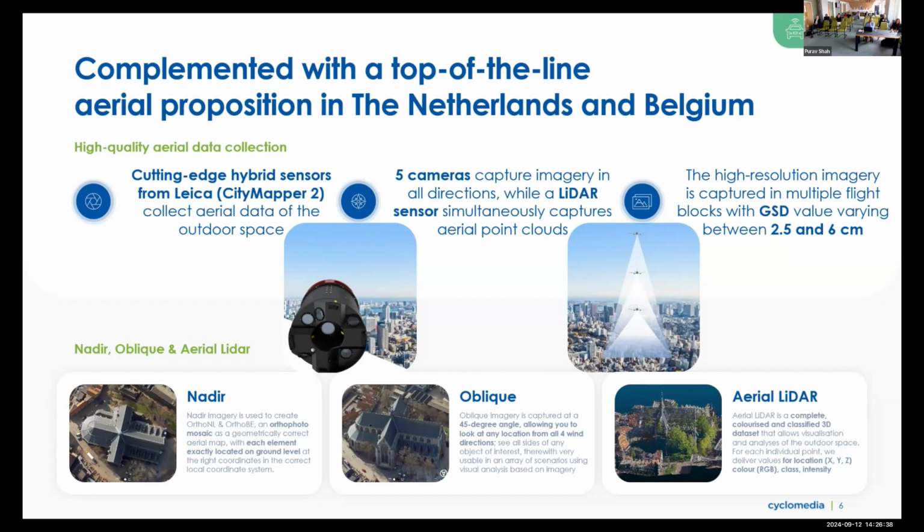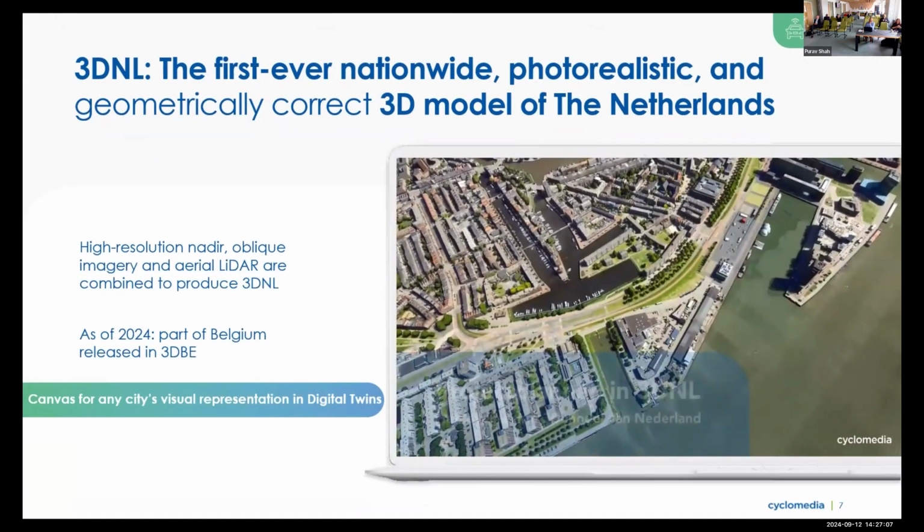Can I ask who has worked with point clouds in the room? A few, okay. So point clouds basically is a 3D data set, which is very helpful to detect all kinds of things in our case in outer space, but also very much helpful towards modeling objects in a virtual representation, read digital twins. So what we have done, basically we have combined nadir imagery, oblique imagery, and aerial lidar, and have complemented this